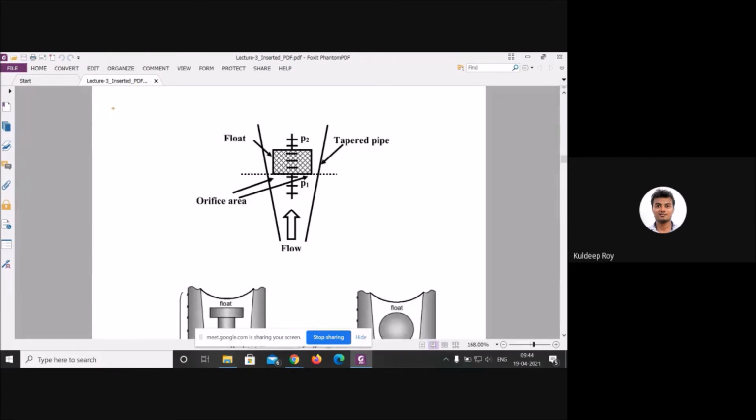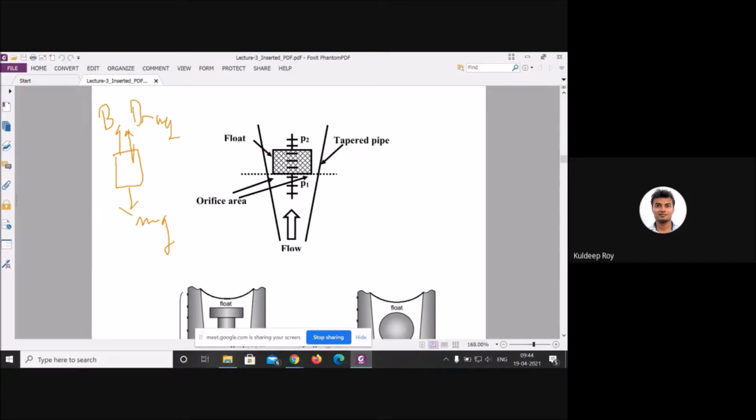I'm writing here the three types of forces. One force will be your gravitational force. It will be mg. The buoyant force will be in the upward direction, and drag will resist the flow. Three types of force. This will be the buoyant force, and here will be the drag force. Three types of forces